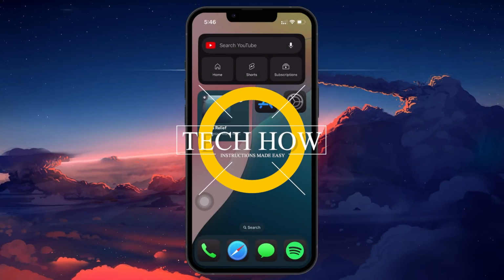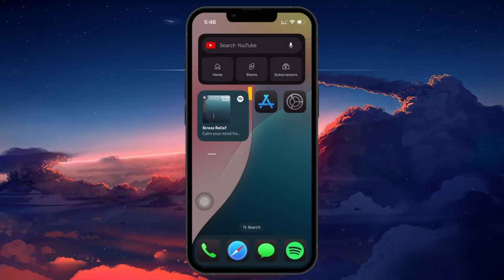What's up guys? In this tutorial, I will show you how to download and play Minecraft on your iPhone quickly